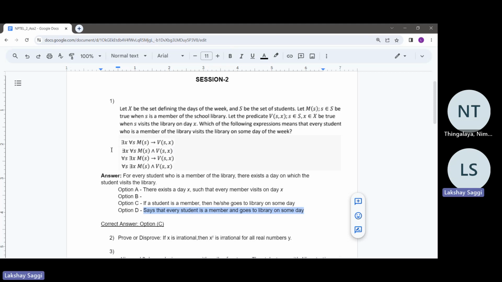So this statement is sort of wrong on so many levels. It's saying that every student should be a member and every student visits on the day X. There exists a day on which every student is visiting and every student is also a member. So this statement is sort of wrong on so many levels, if you see what I mean. So what this is saying is that